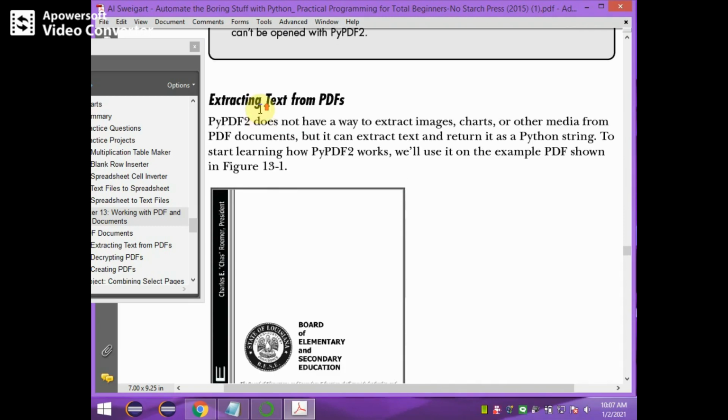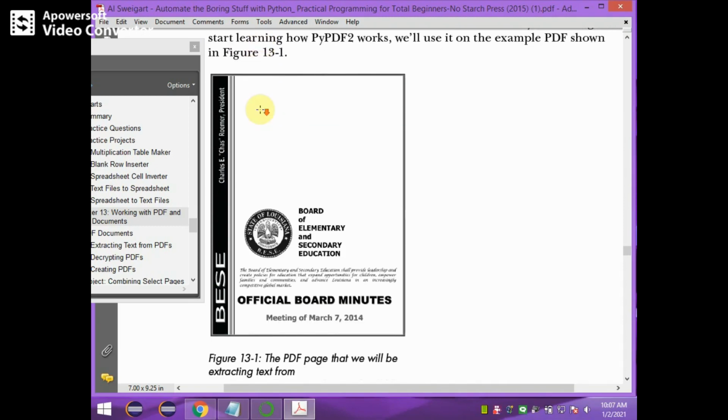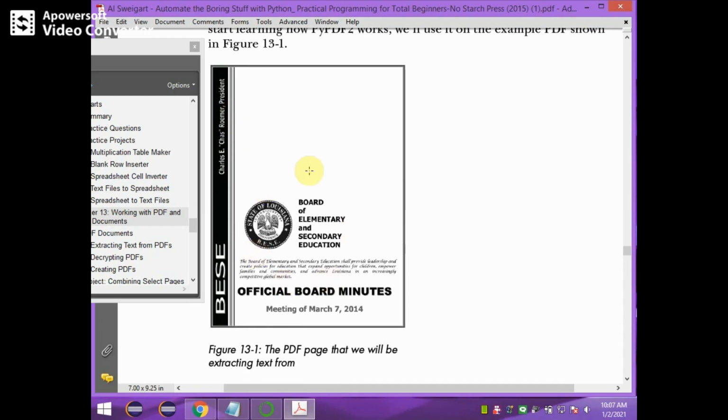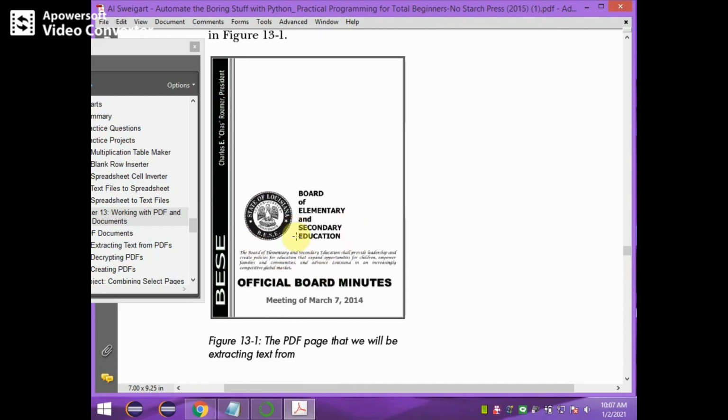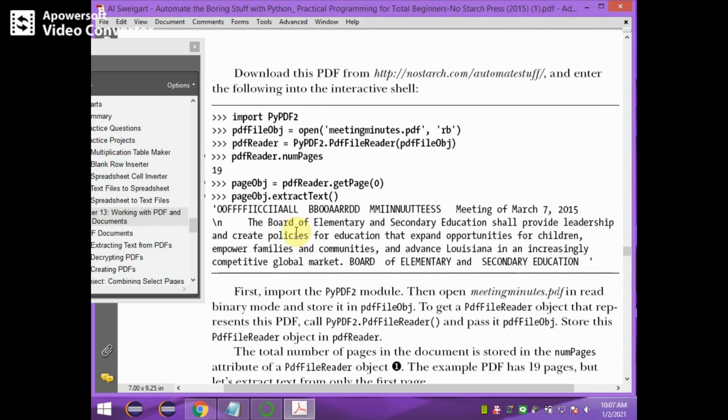Now to extract text from a PDF file, we know this is a PDF file. That's the first page. To extract, first we have to import the PyPDF2 module and then open the PDF file in rb mode. R is for read mode, you know that r opens the file in read mode, and b is for binary.